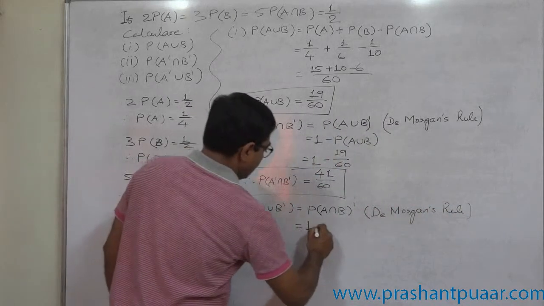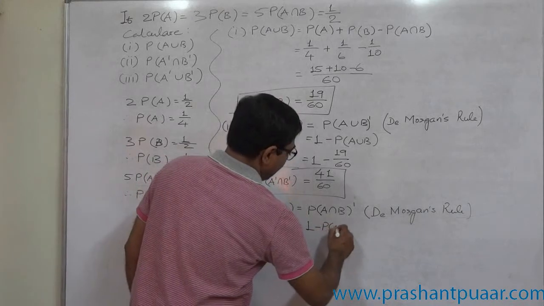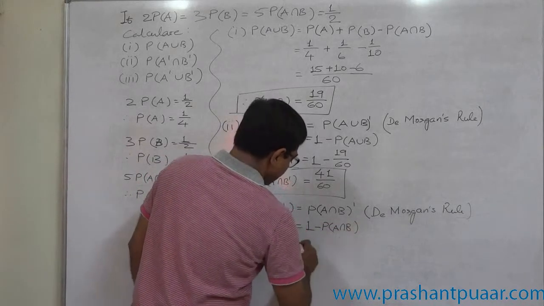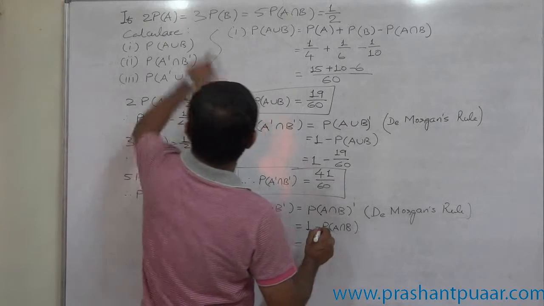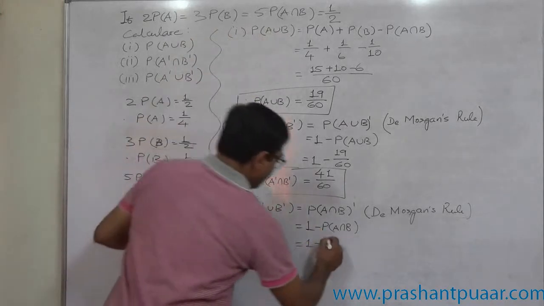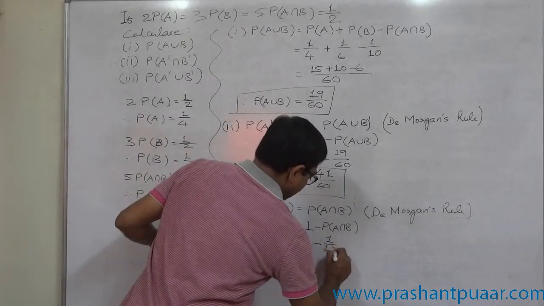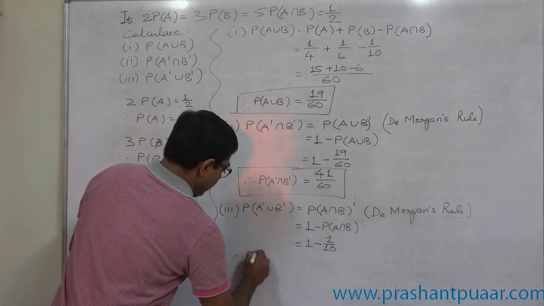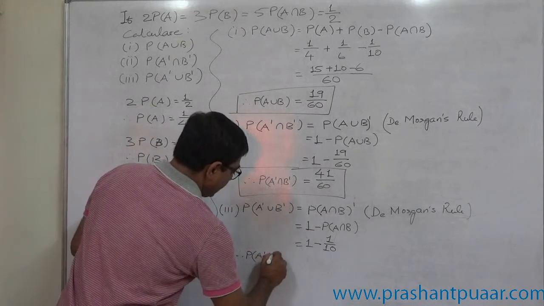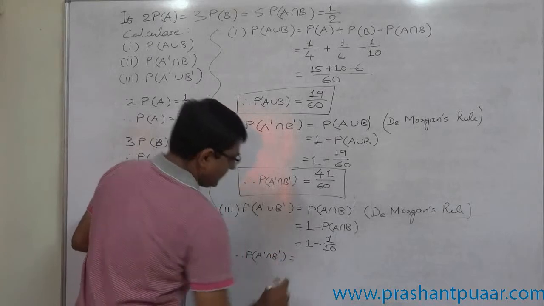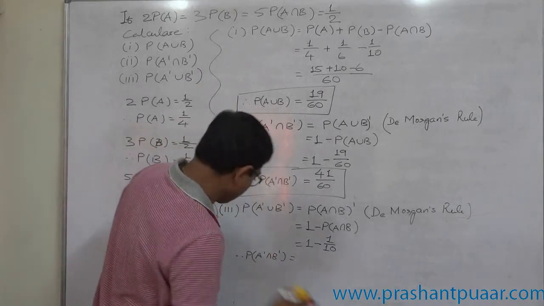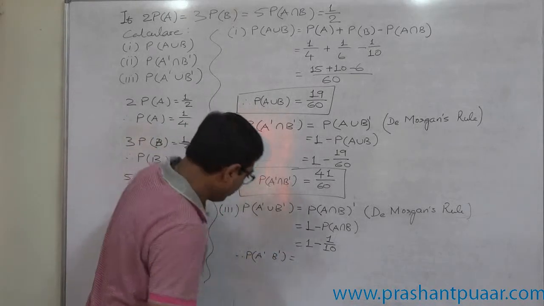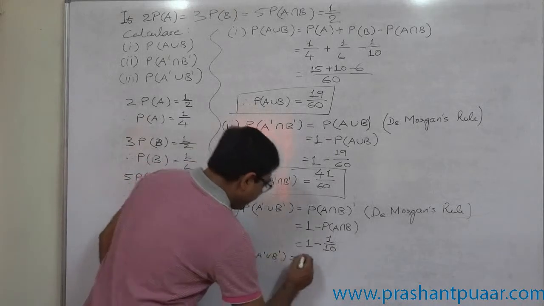And that is 1 minus P(A∩B). That means 1 minus 1/10. So P(A' ∪ B') is 9/